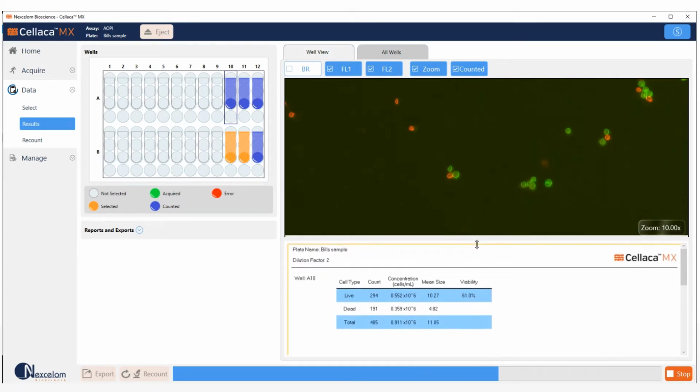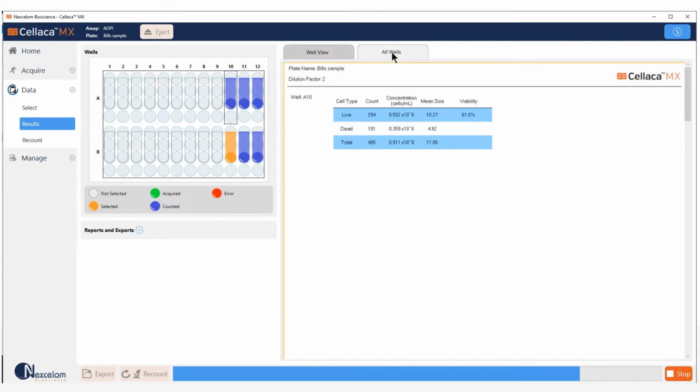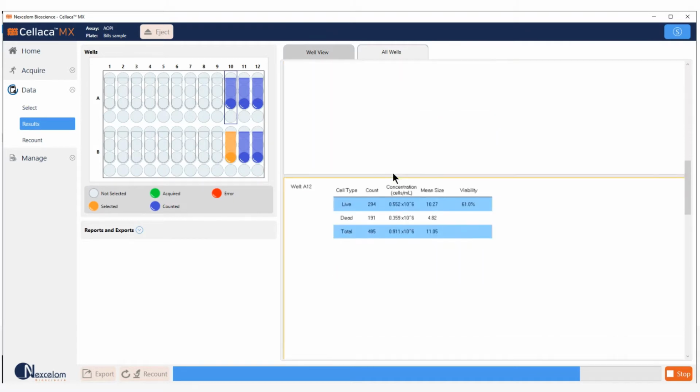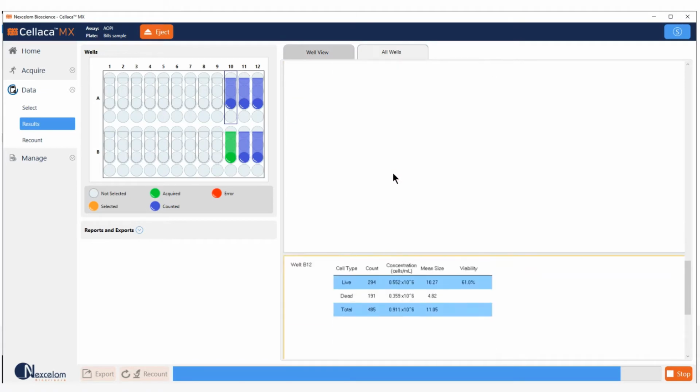For each well that's highlighted right now, you will see a simple report. So here we are in A10, and then the number of live objects, dead objects, and total objects, along with the concentration, the cell size, and the viability. If we click on all wells, we can see everything that has been counted so far. So we have well A10, A11, A12, B11, B12,